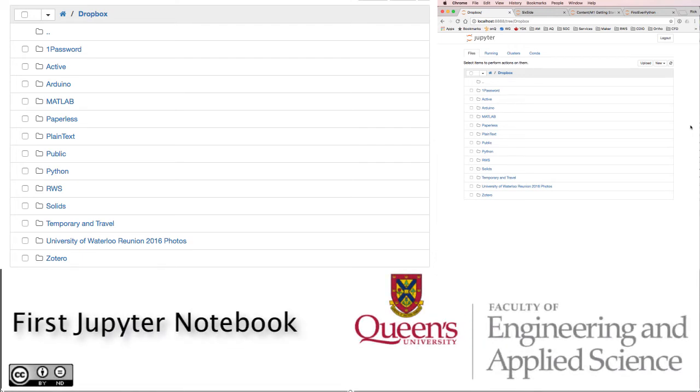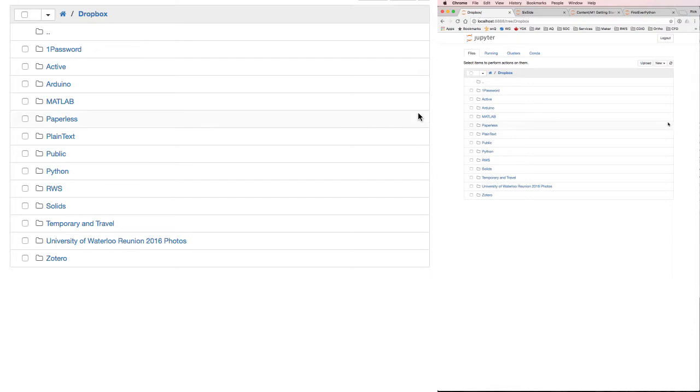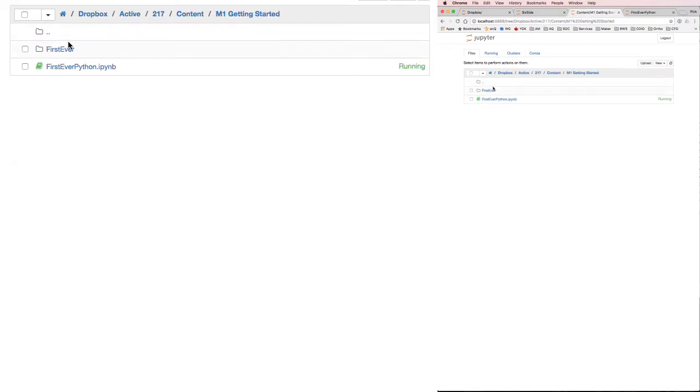This is what you'll see when you first start up Jupyter Notebooks. It's pointing into my Dropbox right now where I've got a lot of different directories I can go to. And if I navigate down my Dropbox through the active parts to get to my content, my M1 Getting Started lecture, I'll find that I've got this first ever, that's where I've stored the Arduino code, and I've got this FirstEverPython